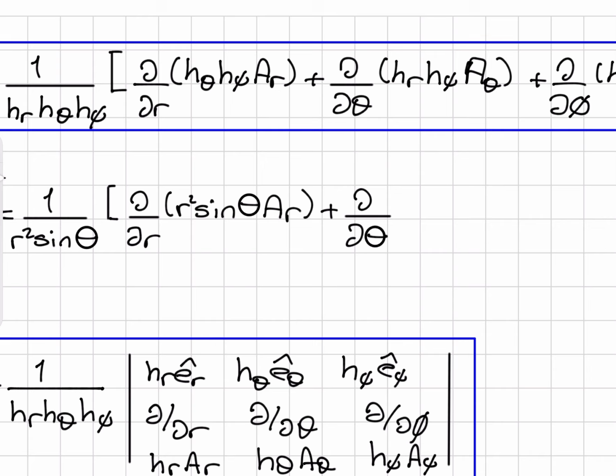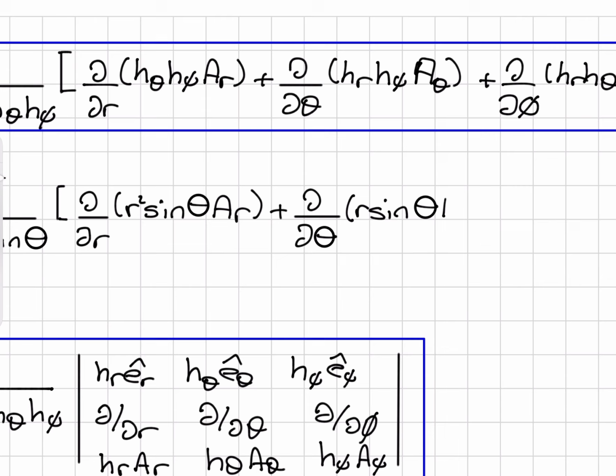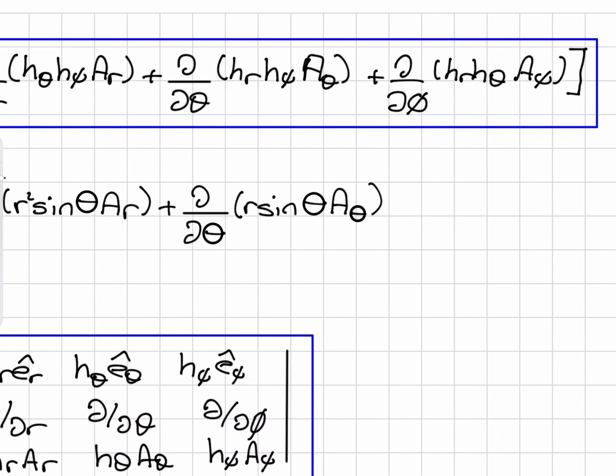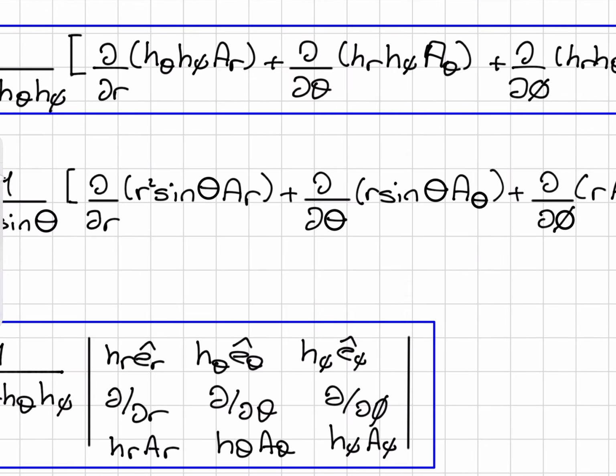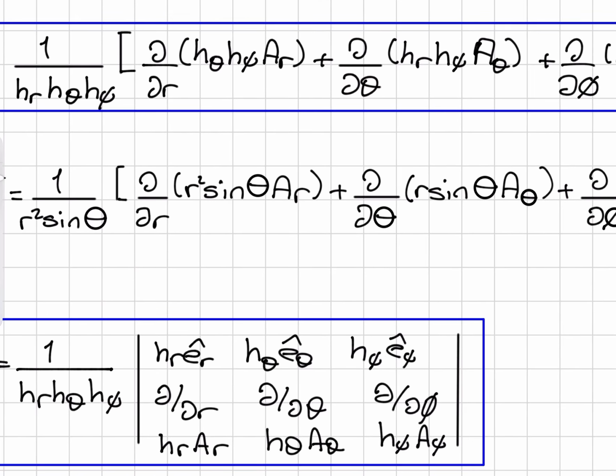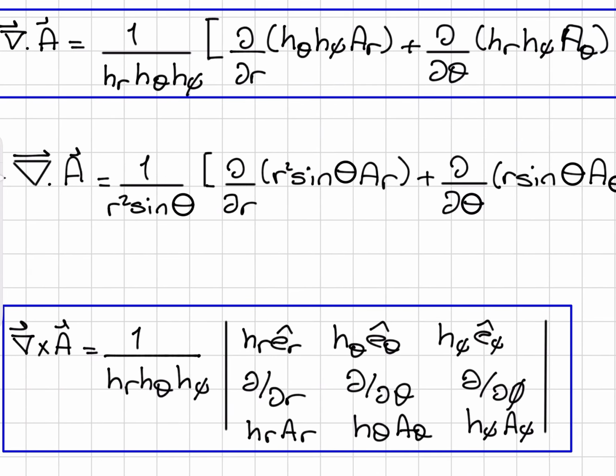Now I have H_r, which is 1, but H_phi is r sin theta, so this is r sin theta a_theta. And for the phi part, I have ∂/∂phi of H_r H_theta. H_theta was equal to r, so this is just r a_phi. All right, so if I distribute this into the parentheses and rewrite my divergence here,